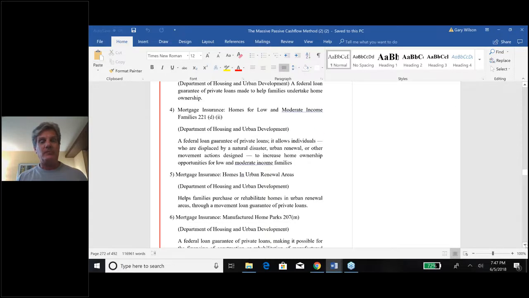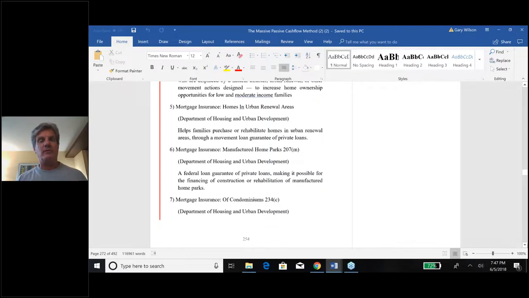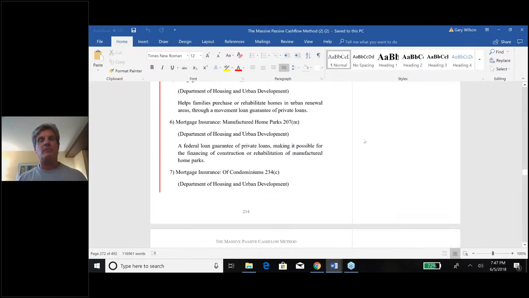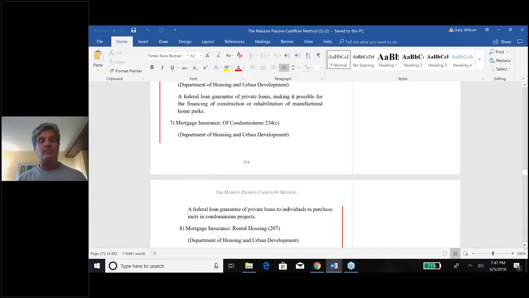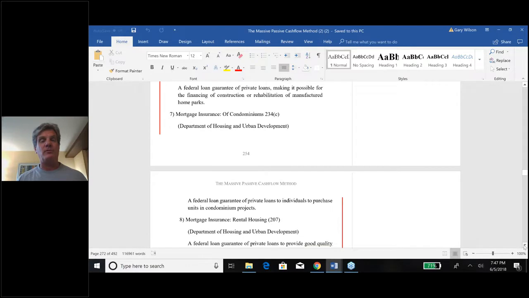Okay, we talked about some of the urban area. We talked about suburban area loans, but urban area loans, you know, when we're looking to reclaim certain neighborhoods and cities, sometimes they'll get a huge grant from the government, and they'll also make individual loans to individual homeowners to participate in areas that got government grants. Okay, programs for condominiums, 234C.